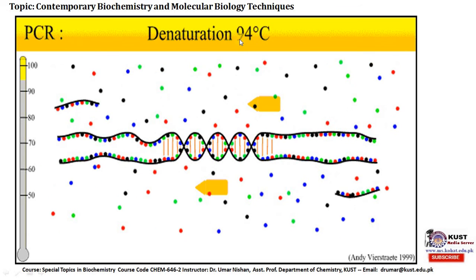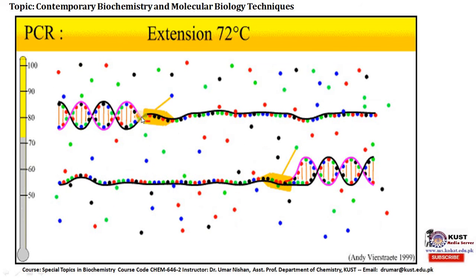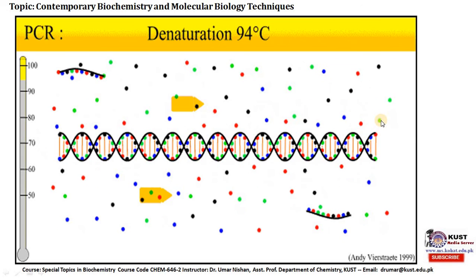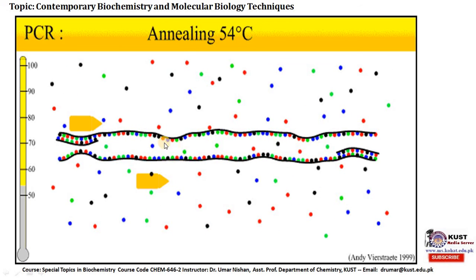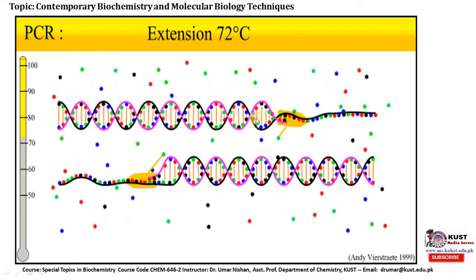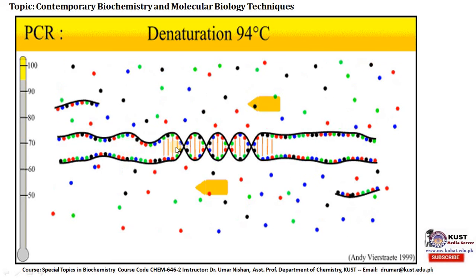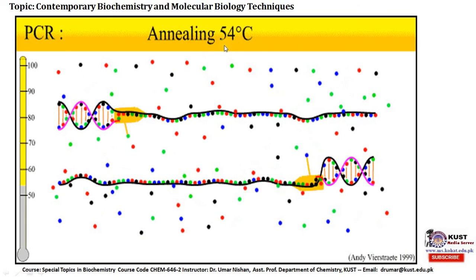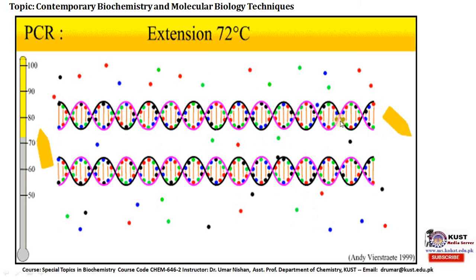The denaturation denatures the DNA, then primers attach, the DNA polymerase starts to lengthen the sequence, and then the cycle is repeated: 94 degrees C, the strands are separated, the DNA polymerase comes in after annealing, and it adds nucleotides to the sequence. And once the cycle is completed, again the cycle repeats itself, 94 degrees C, and then 54 degrees C is the annealing temperature, and then it moves to 72 degrees C to raise the temperature and start the process